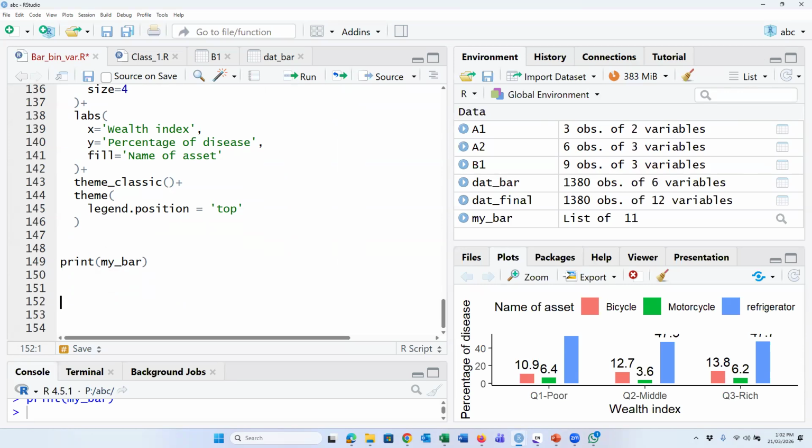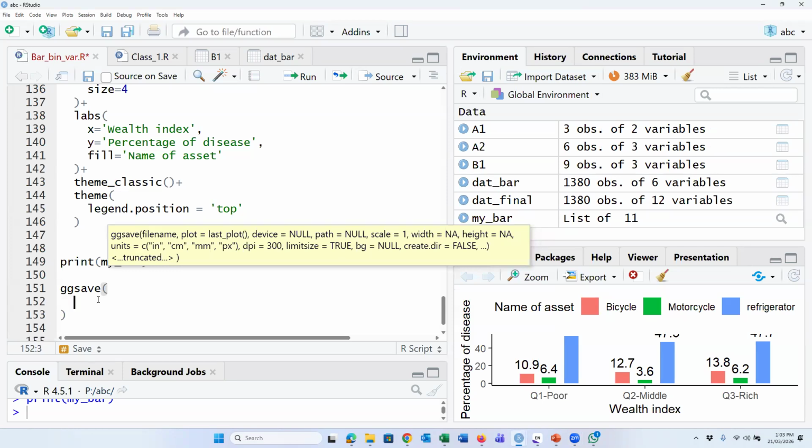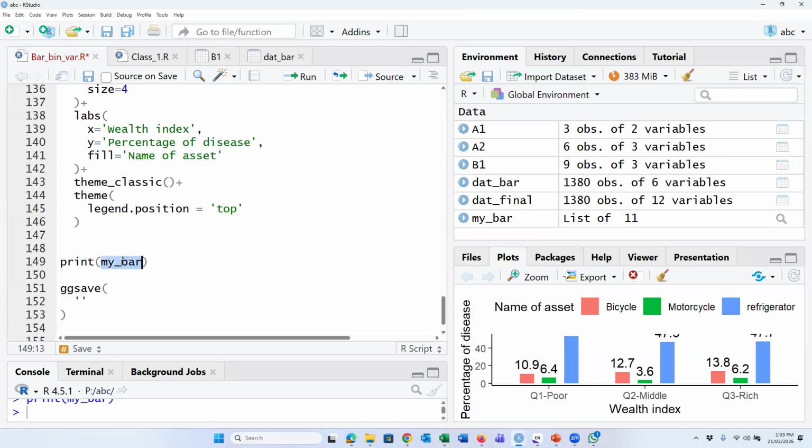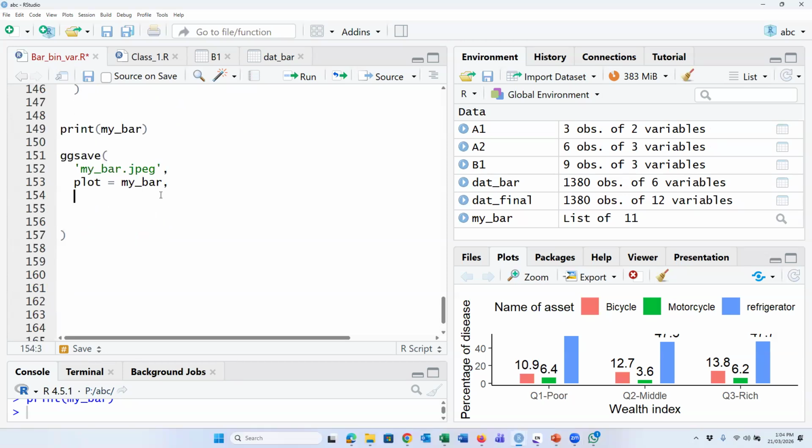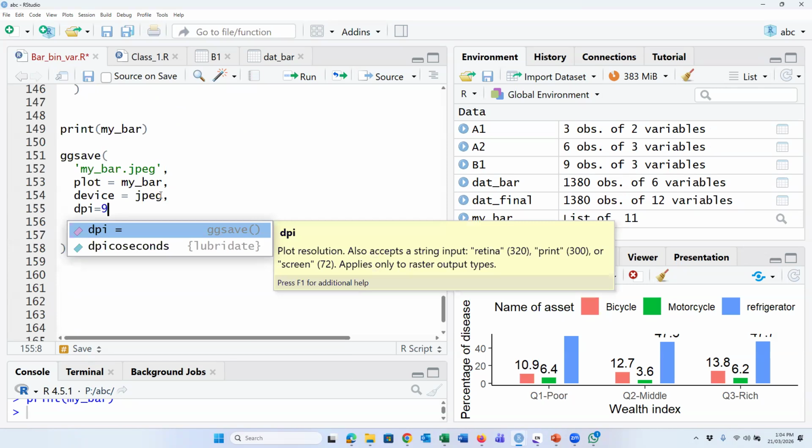Already we have discussed. The procedure is same. This is save, then my bar dot jpeg, then plot name is my bar, device name is jpeg, dpi is equal to, for example, 900,